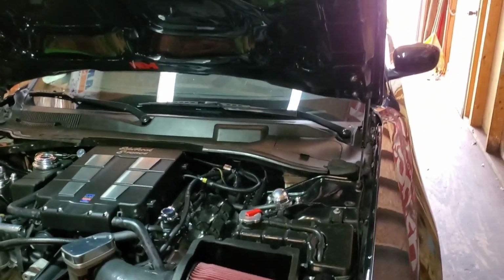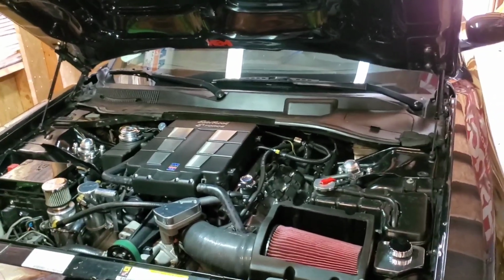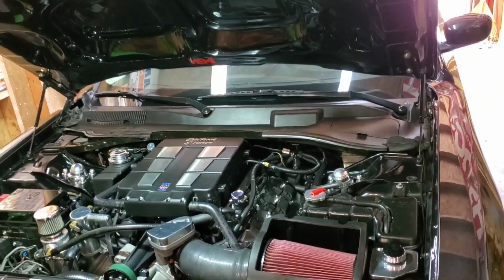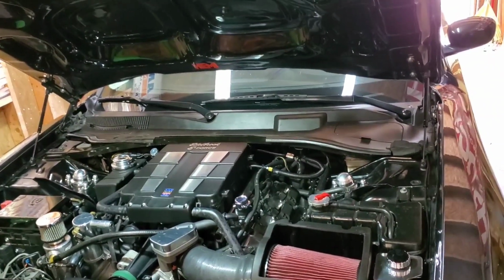But yeah, I'm happy with it. It was running 11.0s all night, and I finally let it sit a little while, let it cool down good, and finally went out there and got a 10.8, so